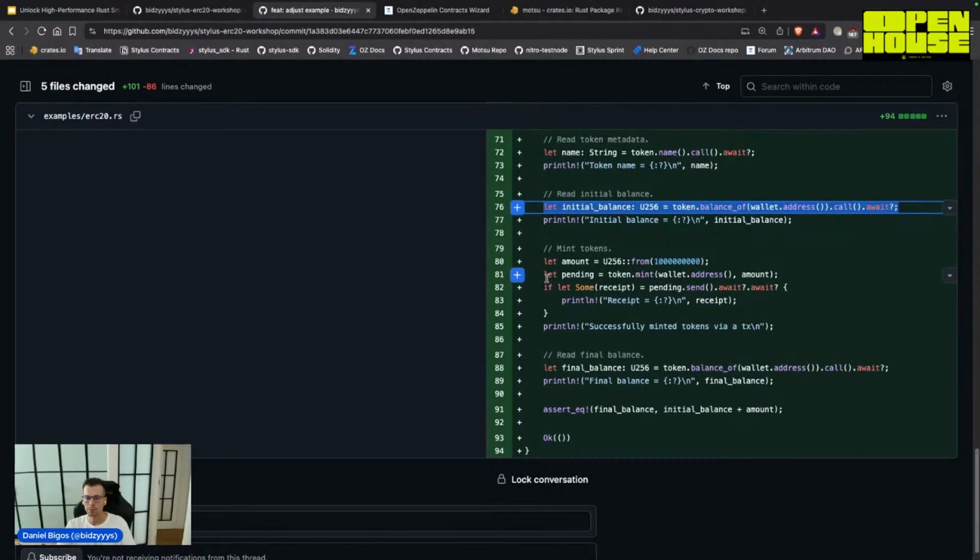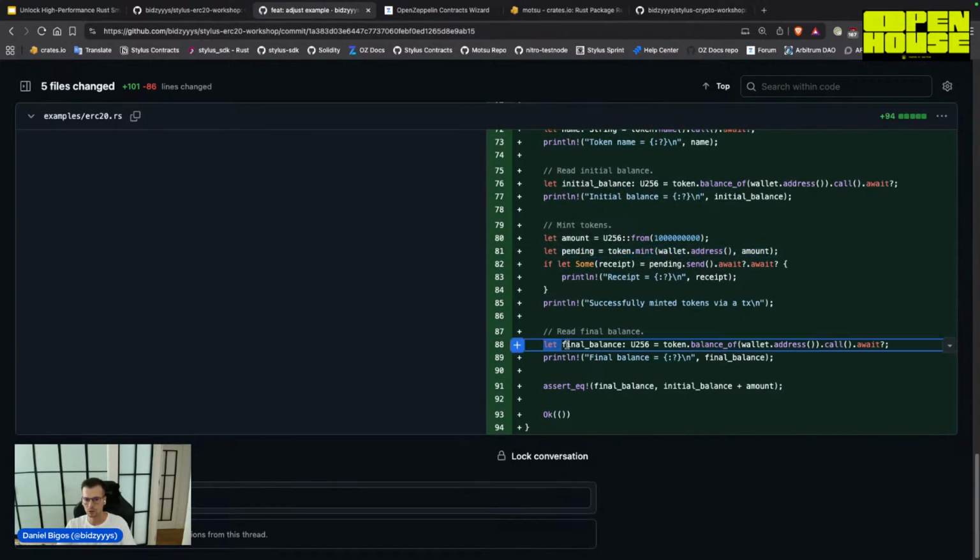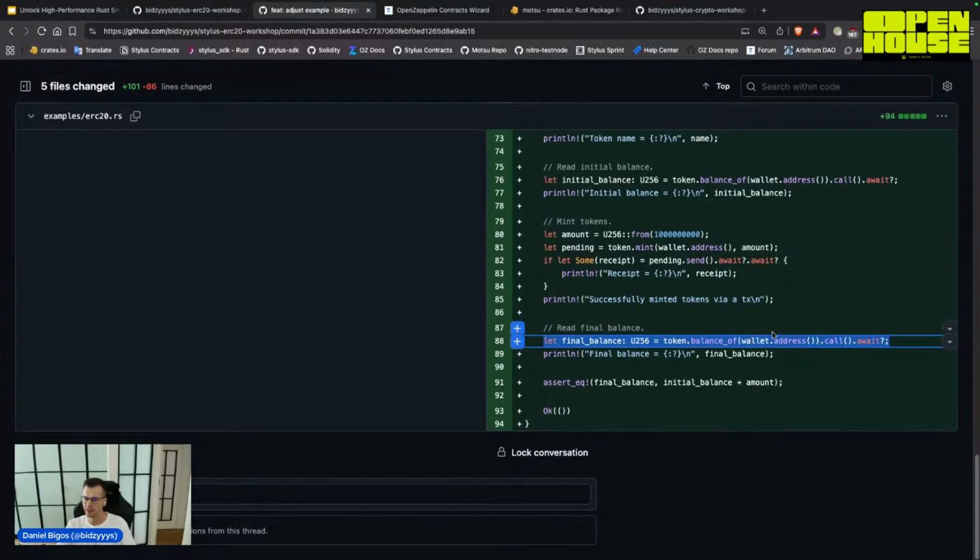Then we will mint some tokens for us. And also we will check the final balance after token minting. And in the end, we will assert that the final balance is equal to the initial balance plus the minted